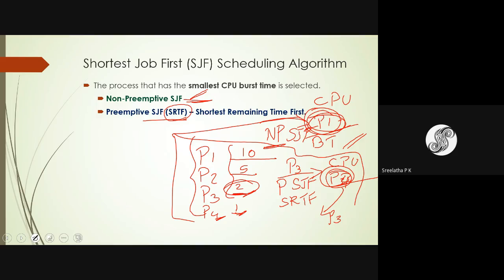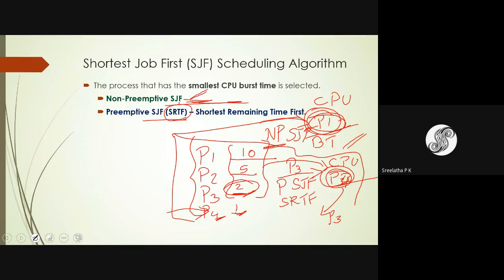Whatever jobs come in between, if any other new process arrives late, no problem. Out of the existing ones, whichever is the shortest will be taken first, and it executes until completion. That is non-preemptive SJF. Clear?